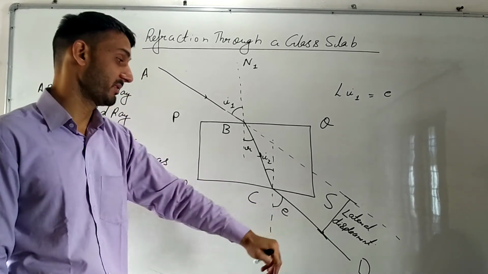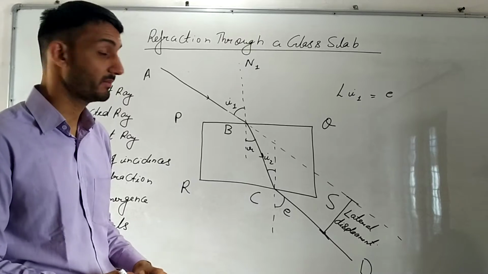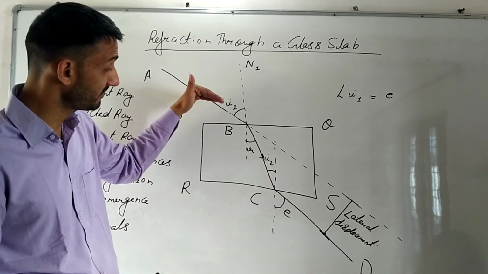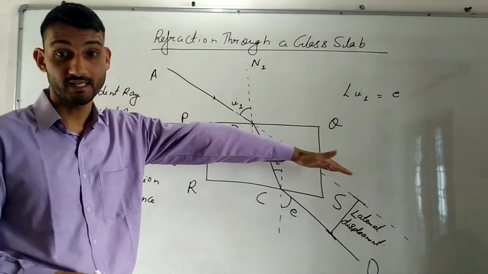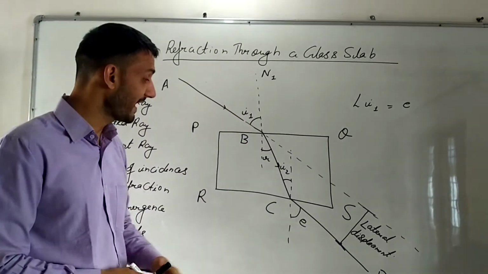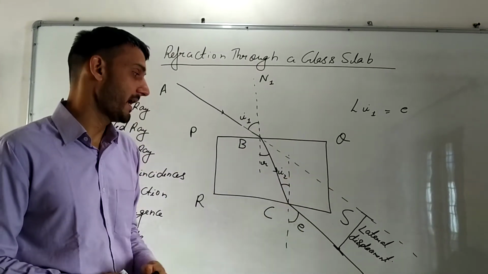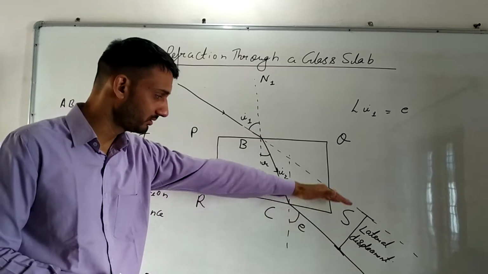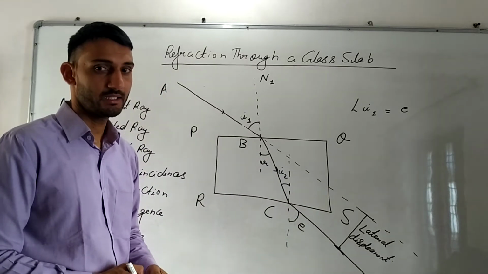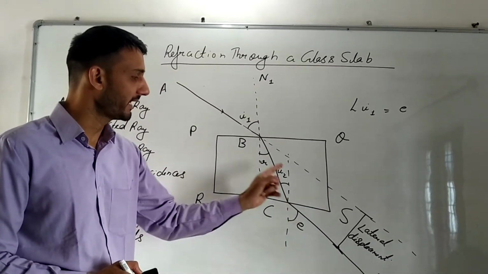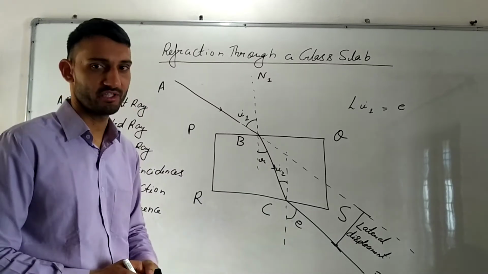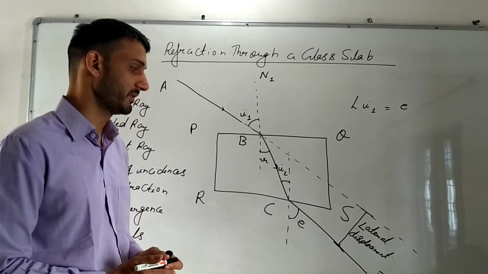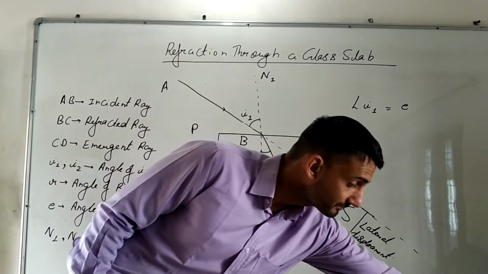And to define lateral displacement: lateral displacement is the displacement between the actual path of the light ray when there was no glass slab and the emergent ray. Okay, so now